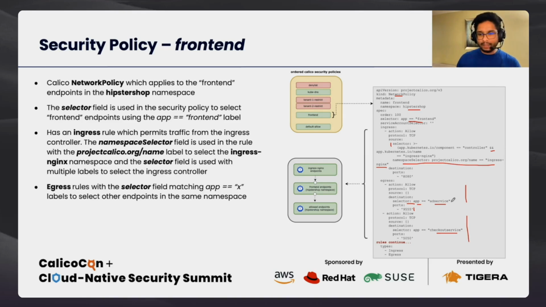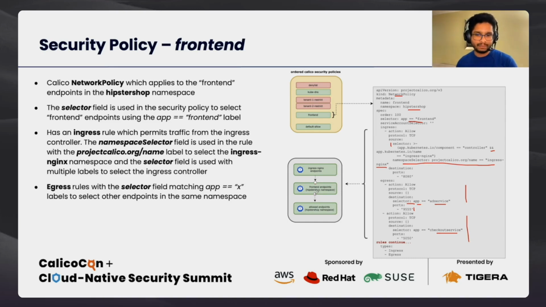Now, bear in mind that just because traffic is permitted from the front-end workload doesn't mean that we've allowed end-to-end communication. If you visualize this policy, we have the front-end endpoints, and in the ingress direction, we've created a pinhole so that the front-end endpoints can receive traffic from ingress nginx. And in the egress direction, we've created a pinhole so that the front-end endpoints can send traffic to other services